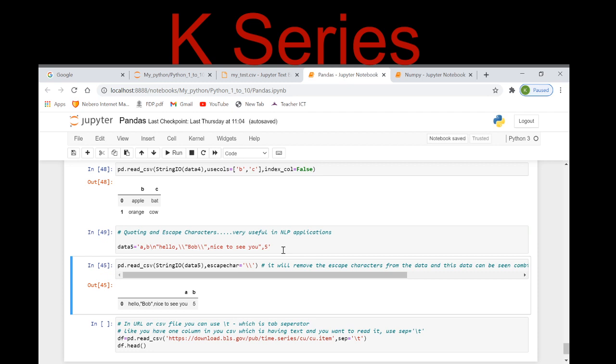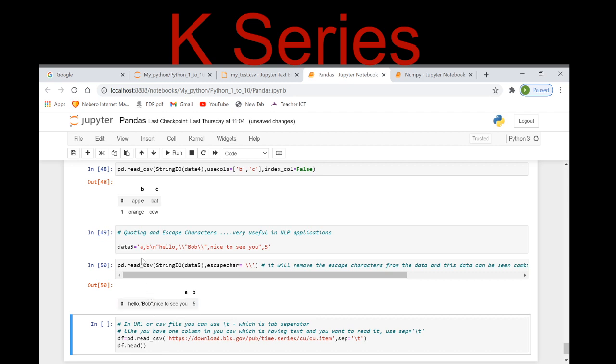Let me execute this data first. Now I am reading it, and here I have given this escape character as an argument. Why am I giving it as an argument? I want that if an escape character is there, it will remove escape characters from the data, and this data can be combined under my columns A and B. See here, if I execute it, let me show you how it works.